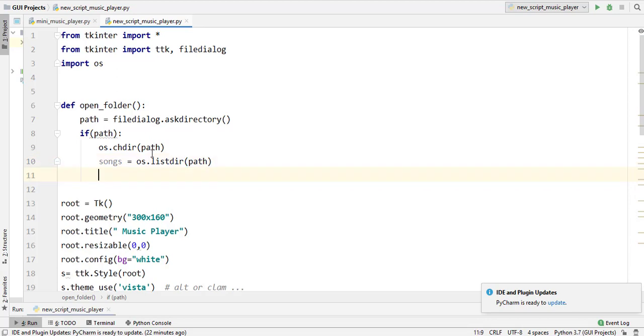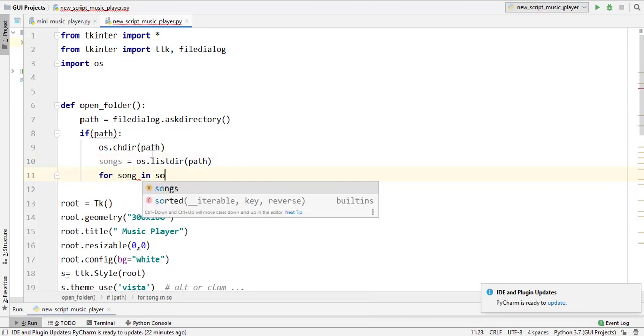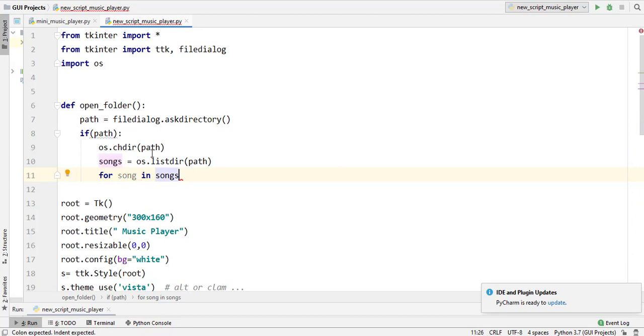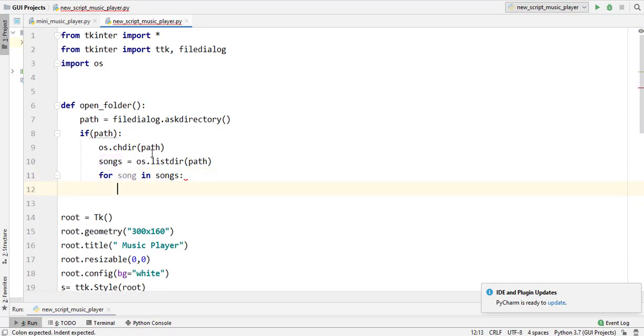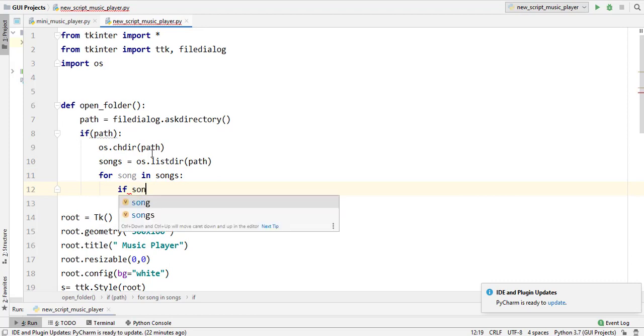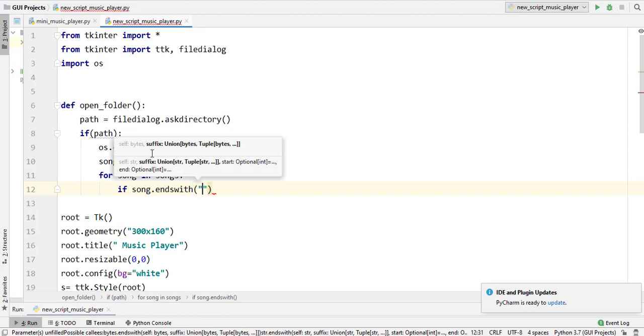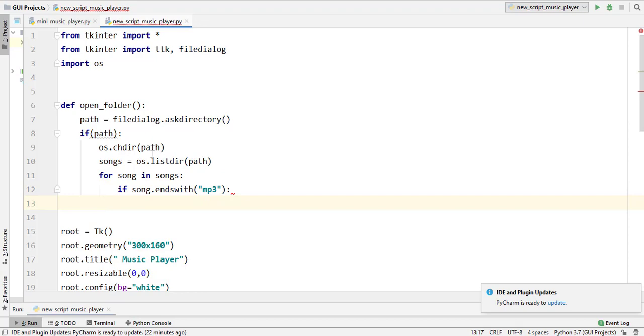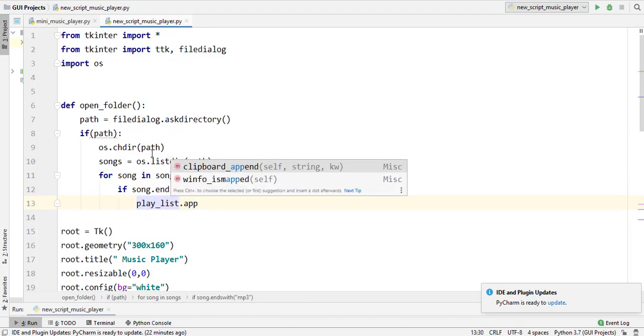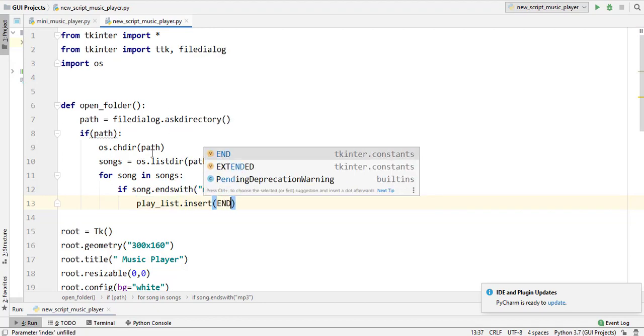and for song in songs, if song.endswith mp3. Okay, now after that playlist.insert at the end and